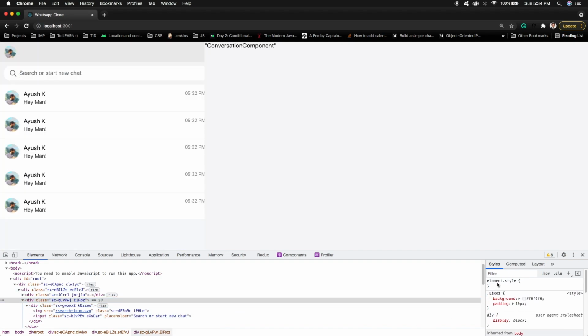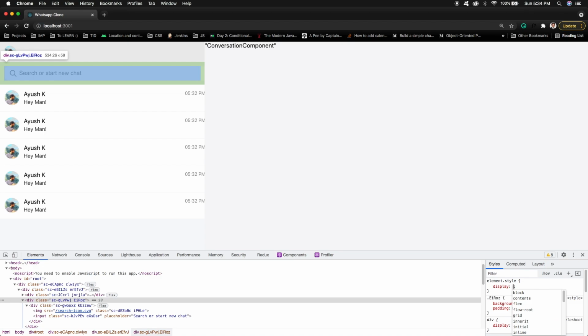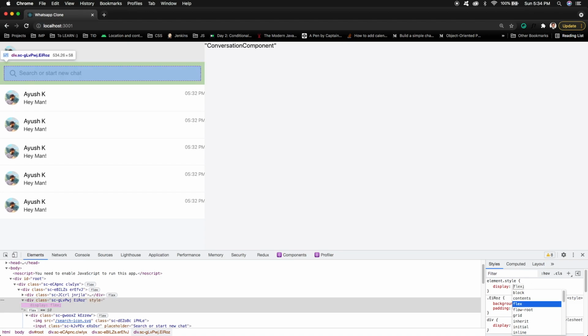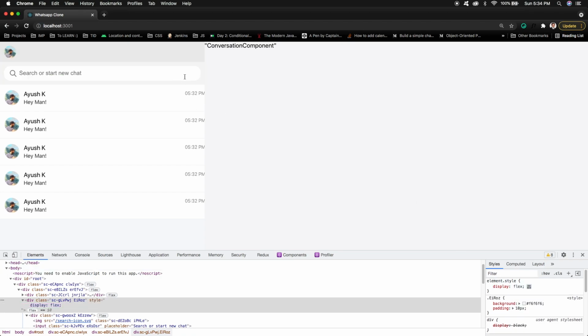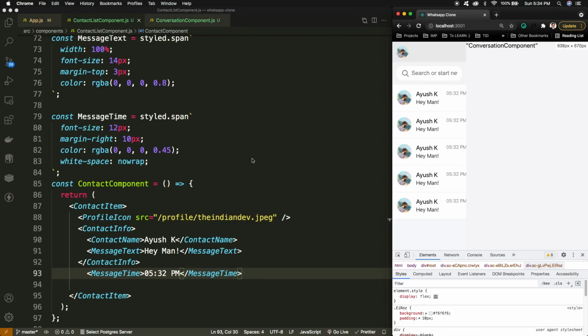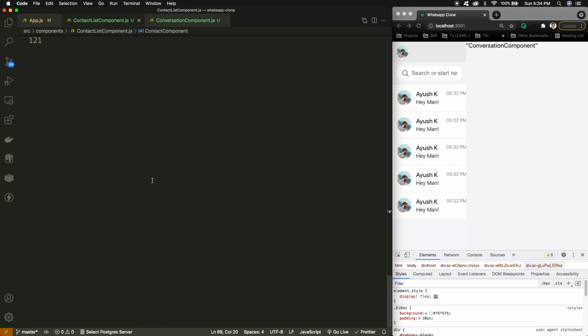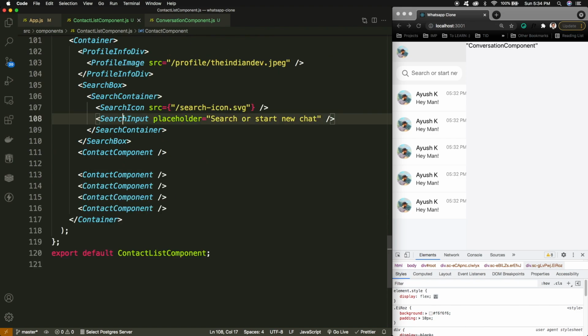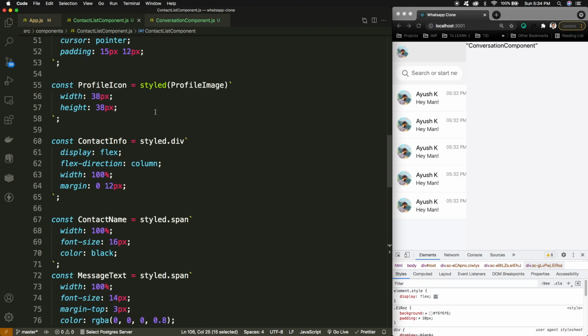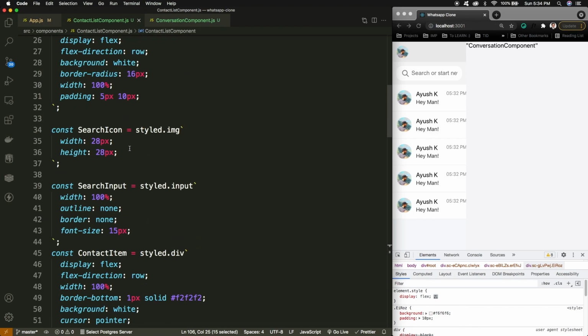If I provide display flex, it should work well. Now you can see the input text is not going outside the container. So I can define display flex on top of that, on the search container.